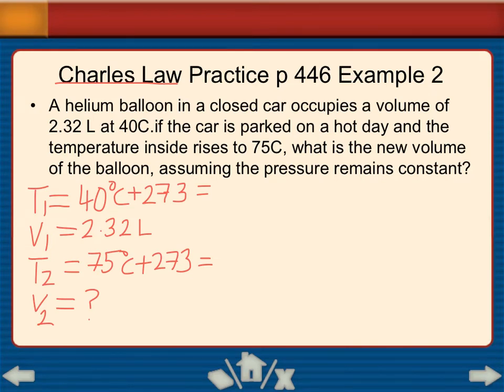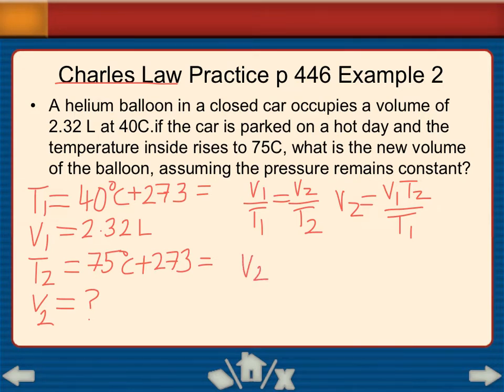We will set up Charles's law. V1 over T1 equals V2 over T2. We're looking for V2, so we will solve for V2. That is equal to V1 T2 over T1. Now we sub in the data. V2 equals 2.32 liters